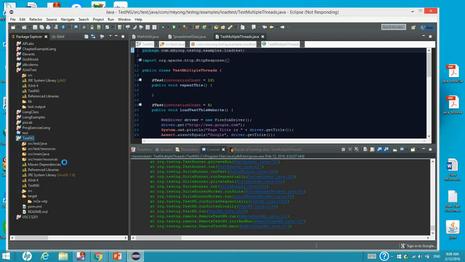And also, you need to copy this reference library, because the reference library is the Selenium project library .jar files. Now, once that is done,